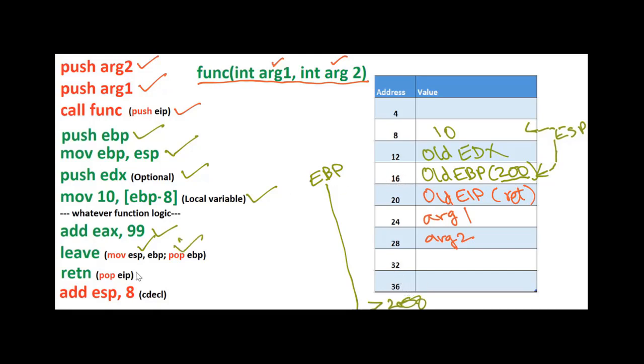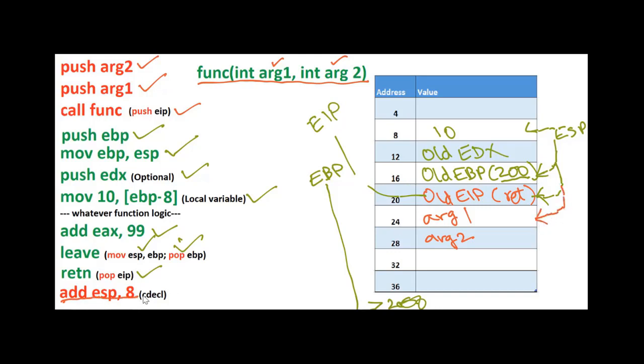And the last instruction that gets you out of the function is the return instruction. The return instruction implicitly does a pop EIP, and you do a return. So the return is going to pop the value of EIP and give it back to the EIP register. Now the program is back at the caller, and let me also mention that ESP is now pointing to